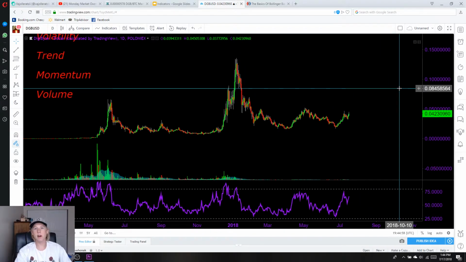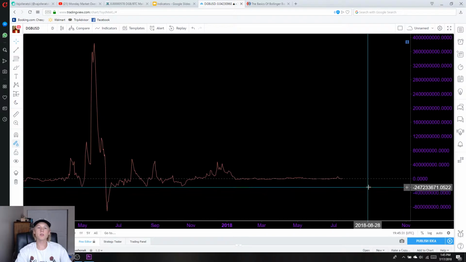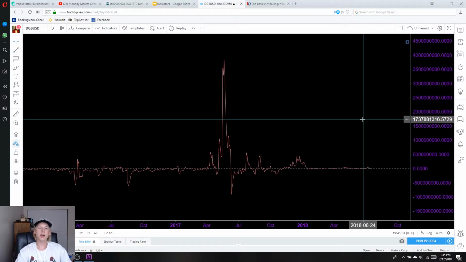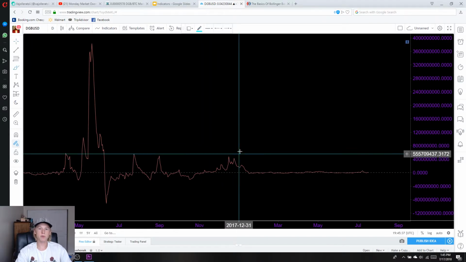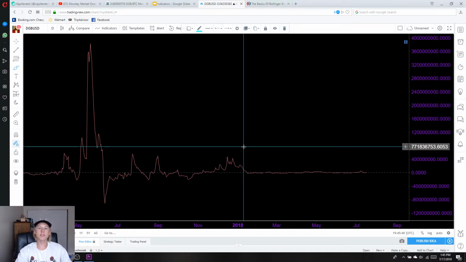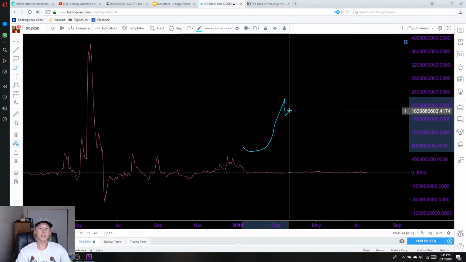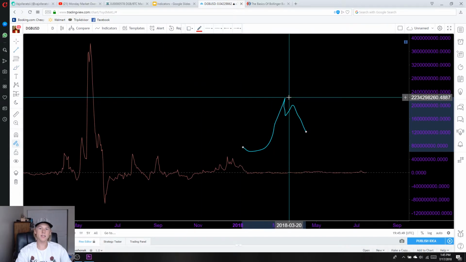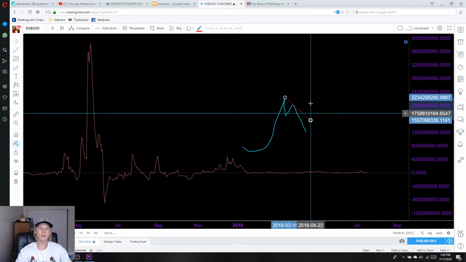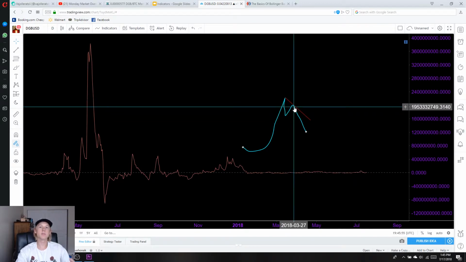Lastly, I wanted to talk about a volume indicator, and that is what is known as the Chaikin oscillator. So with this one, what you're looking for is bearish and bullish divergences. And what I mean by that is I'll draw you an example. So a bearish divergence is when price rallies and then gets rejected and makes a lower high and then falls. So this lower high and resistance would have actually been your bearish divergence, signaling that the market is going to